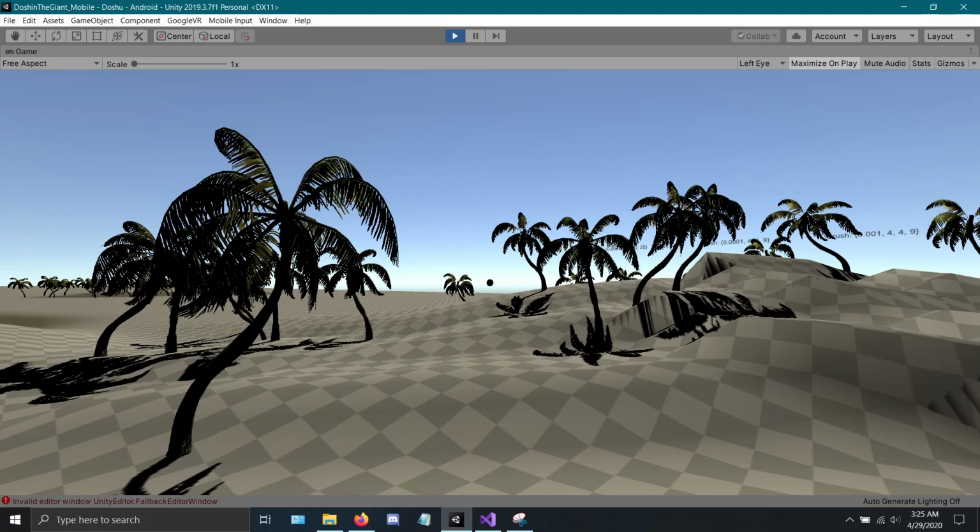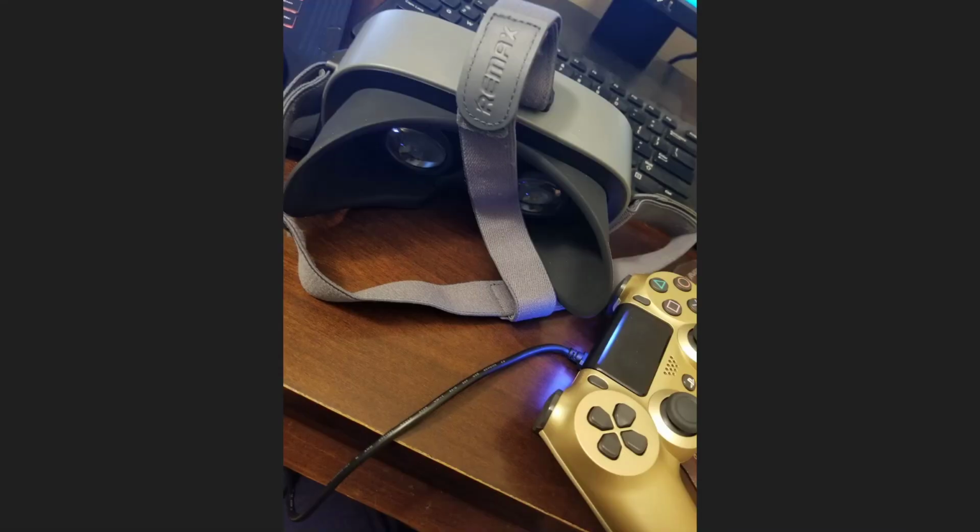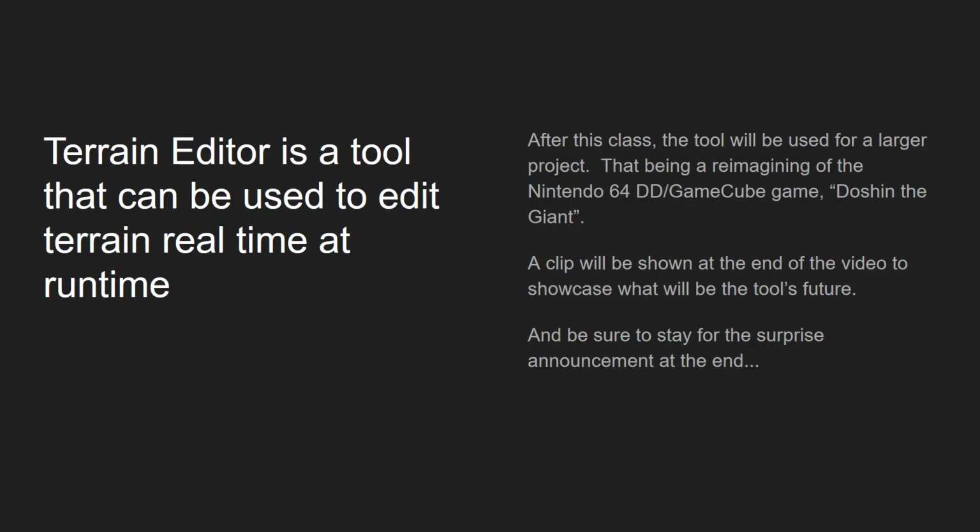This is in game, or in editor rather. You can't place foliage. This is just to showcase how foliage interacts with the terrain. This is the little setup that I put together. More on that later. And what the terrain editor is, it's a tool that can be used to edit terrain